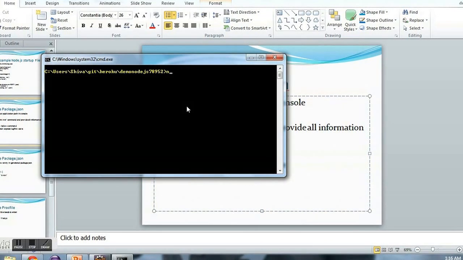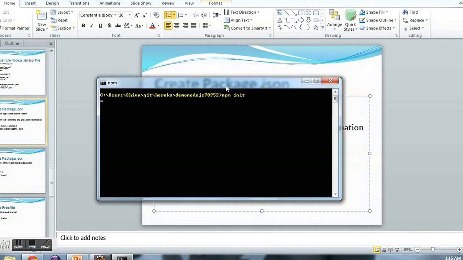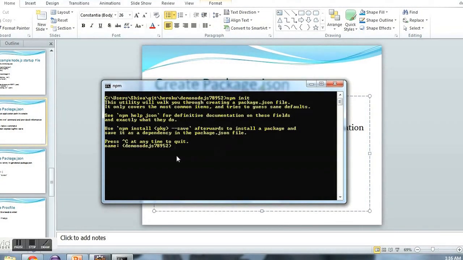Once we run this command, it will prompt us for various answers, which we have to provide. For example, it is asking for the name, so we have to provide the name of our application. The next option it will ask is what is the version of our application. So let's say the version is 0.0.1.